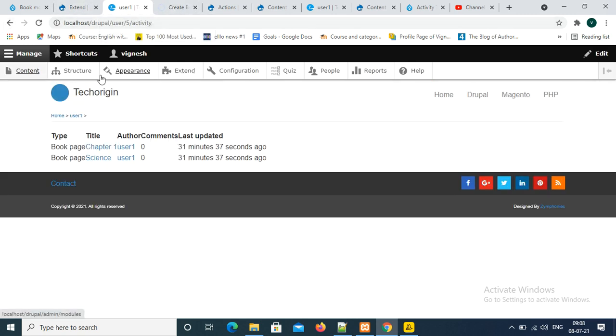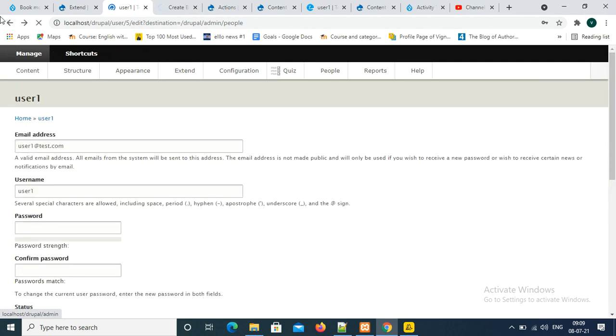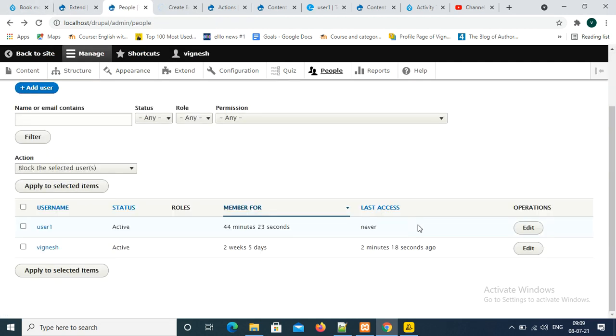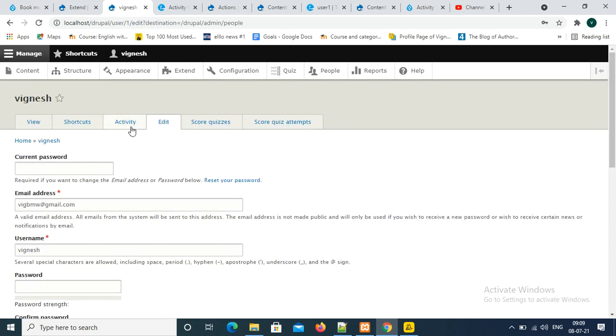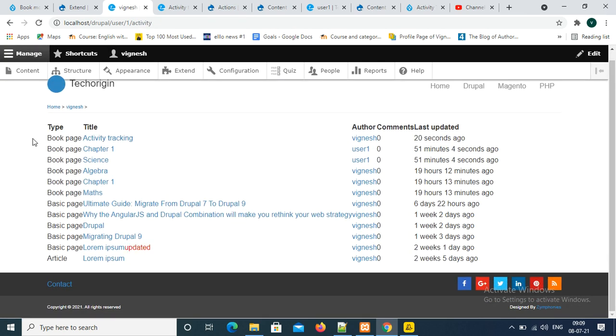Once you go back to the user page, I have created a new content logged in as an admin. I'm just going to click on edit, and if I go back to the activity tab, you could see a new item has been created over there 20 seconds ago. You can click on this and it will show you what actions have been updated, and it should be very useful for tracking the items. So these are some of the cool features which Drupal provides by default.